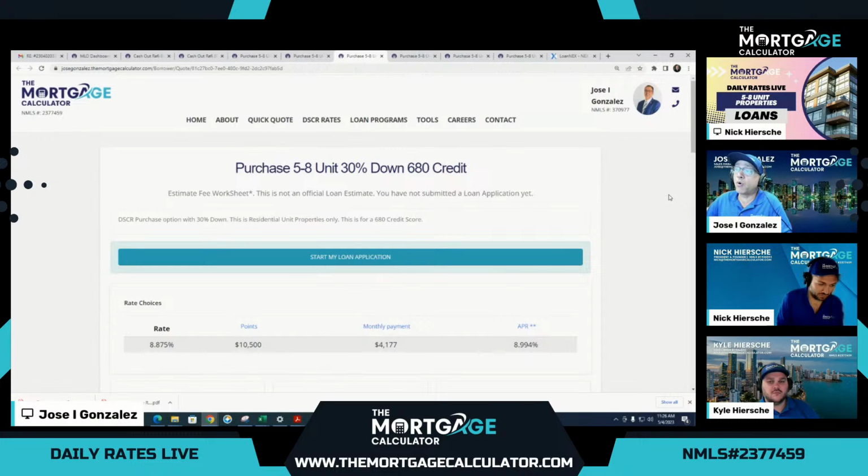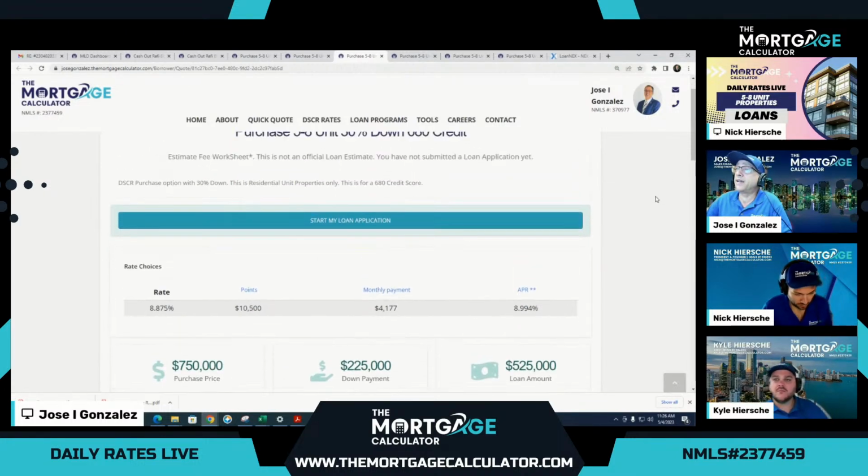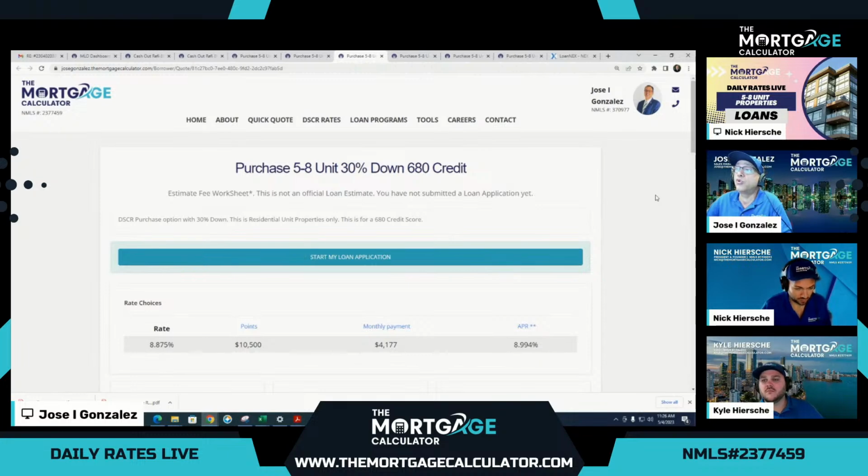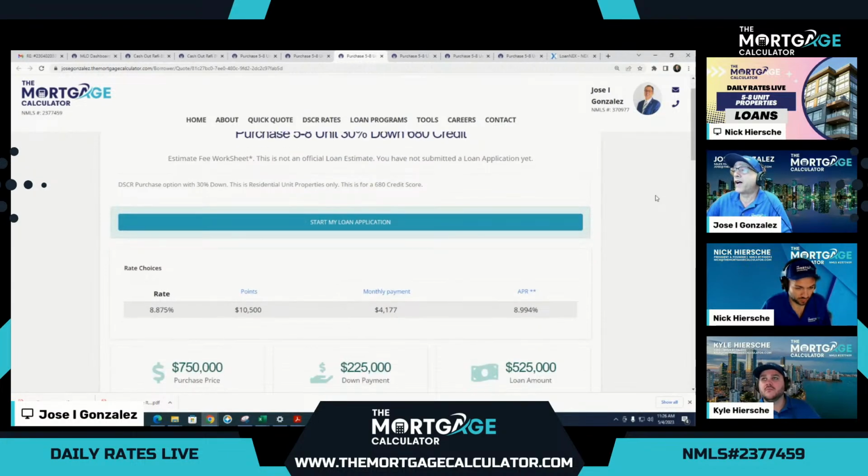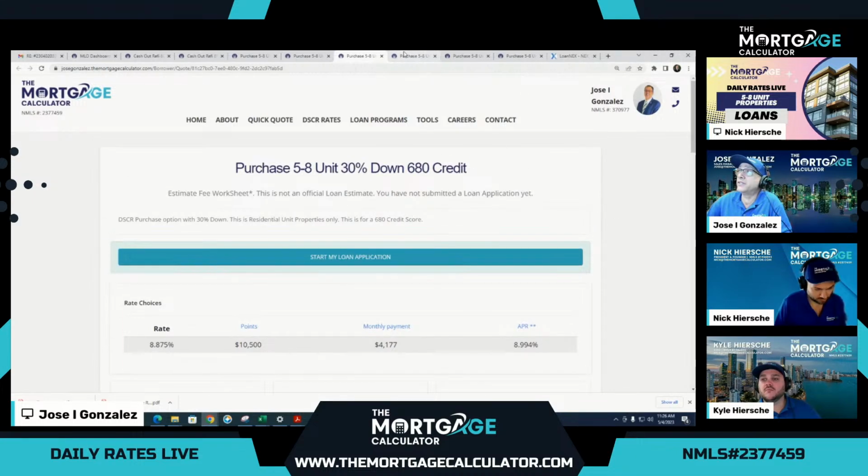If they can afford the extra 5% down, the rate drops substantially to 8.875, and that's at a cost of 2 points. Here we have a $525,000 loan. So our 10,500 is exactly 2 points at 8.875. So you can see again, I'll compare the 75% loan to value 11.875 with a payment of 57.32